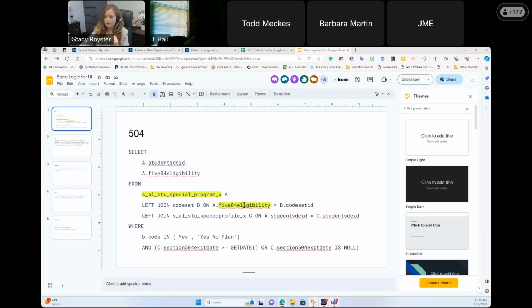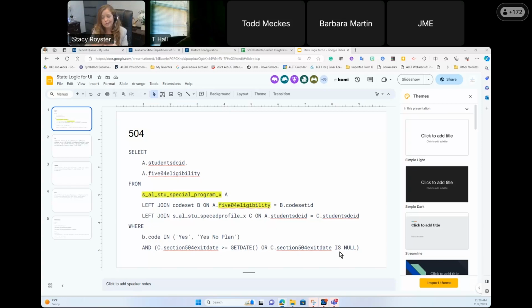Basically, if the code is yes or yes, no plan, I want you to count them as long as, so it's got to be an and, their exit date is greater than or equal to the get date today, or the exit date is null,